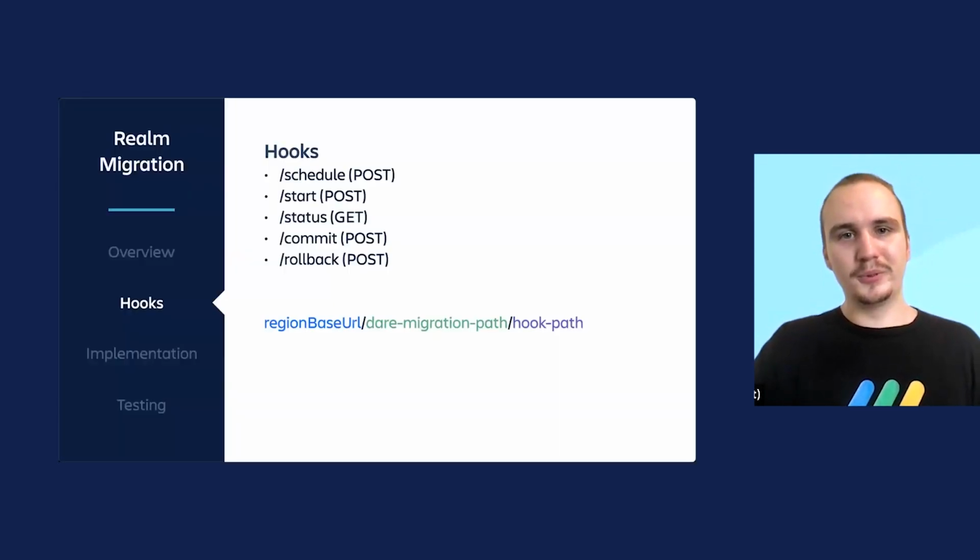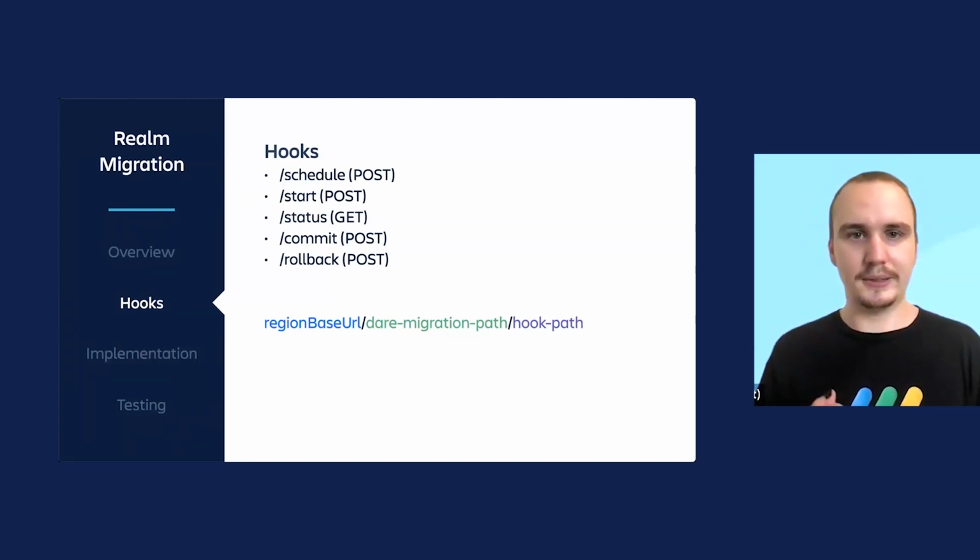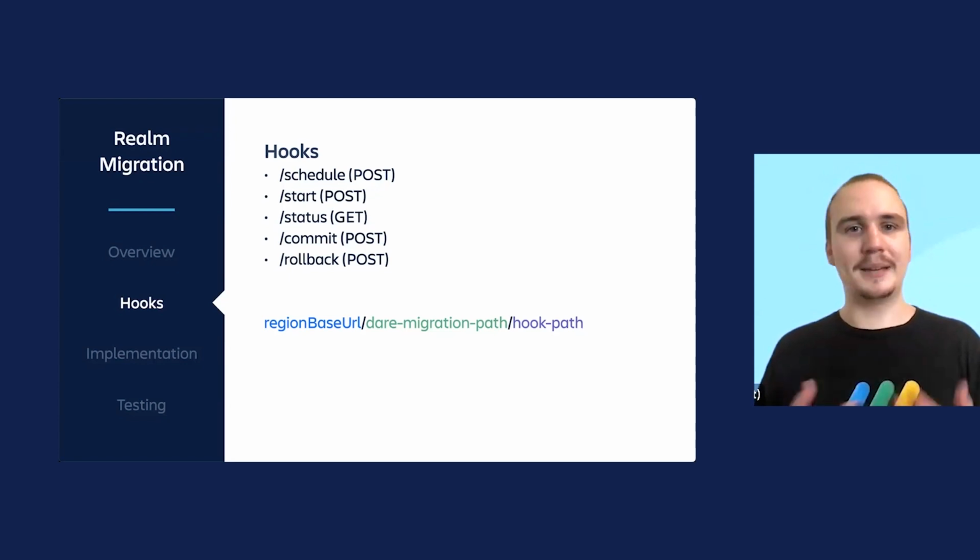So what will you receive under this hook? Basically, under this hook, there will be some sub-tabs that you need to support. There's a schedule hook, there's a start hook, there's a status hook, there's a commit hook, and there is a rollback hook. And as the name kind of implies, the schedule hook, you get a request to the schedule hook